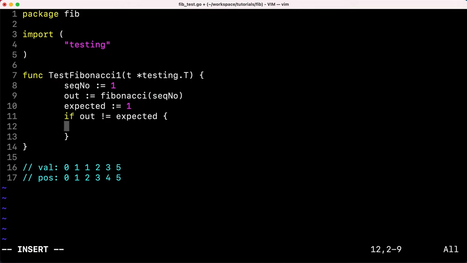So as we said, we want to make the test fail when the output value is not what we expect. And we can call the Errorf function that we have seen before, and we can pass a message and say why the test has failed. So what I usually do, you can write any type of message, but it's good